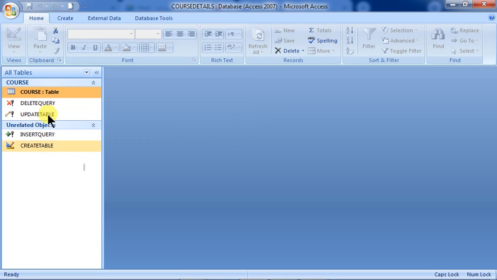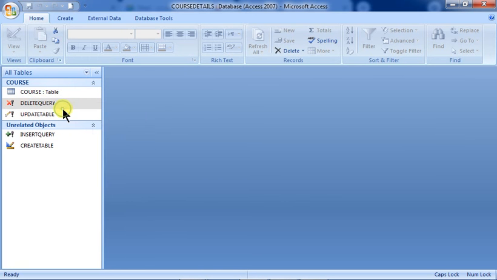Now you see I'm executing the delete query. A cross has come over here because when you are appending by using insert, it appears with the plus symbol. But whenever we are deleting, we get a cross. And whenever we are updating, a pen type thing comes, which indicates that it is used for modification or some kind of alteration. Fine.